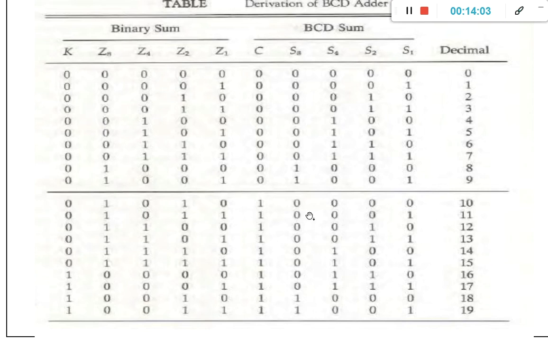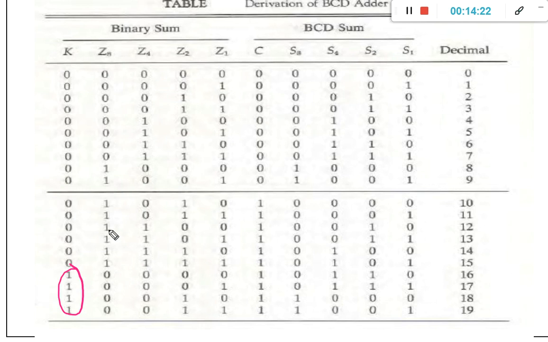So here, we need a correction whenever there is a 1 in the K bit.